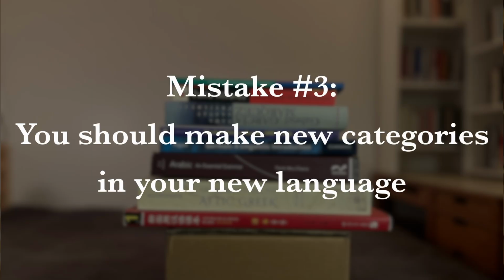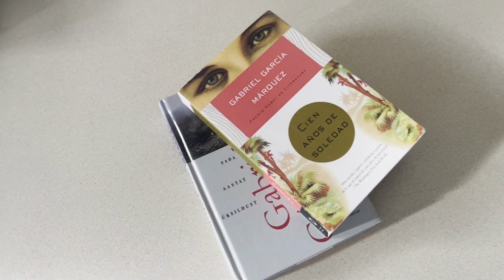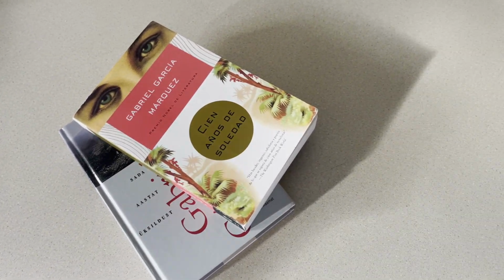This leads into the third mistake you might be making when learning a new language. You're trying to fit your target language into your native language box. It might seem obvious, but other languages don't do things the same way your native language does. An important thing to keep in mind is that every language takes differences in the world that are fuzzy, and then it gives them labels, which makes categories of things, making those things seem more different from each other than they actually are. And different languages do this in ways that aren't easily translated between. Meaning that a language doesn't communicate the same things but with different words, it communicates different concepts as well.